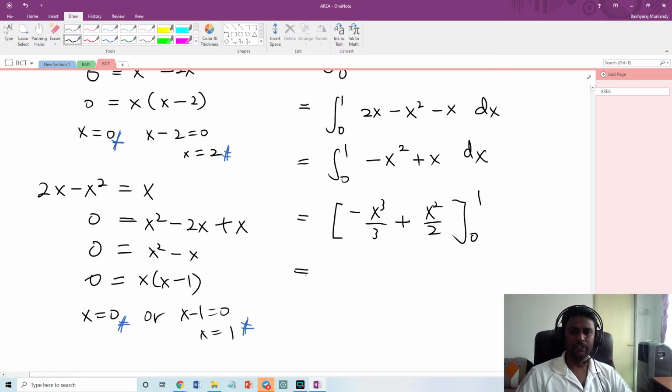Okay, so we go for the answer. So the answer will be bracket negative 1 power of 3 over 3 plus 1 power of 2 over 2